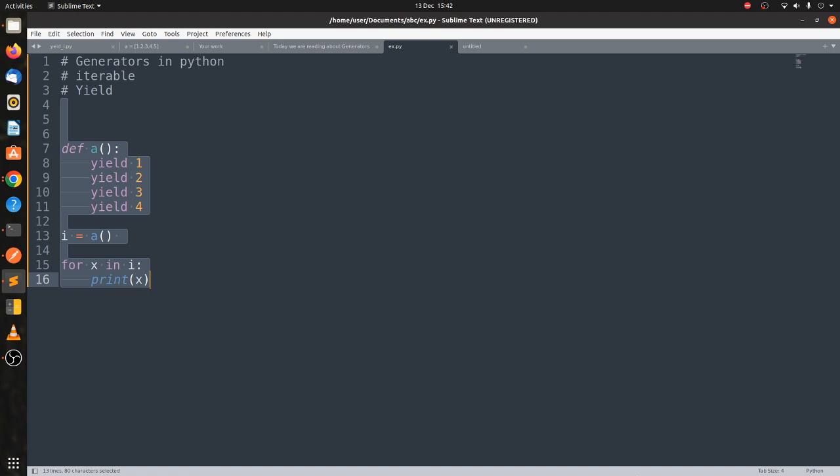We are going to study about generators in Python. Generator functions basically return an iterable object with the help of the yield keyword. Now we have created one function which has four yield statements, and every time it will return you